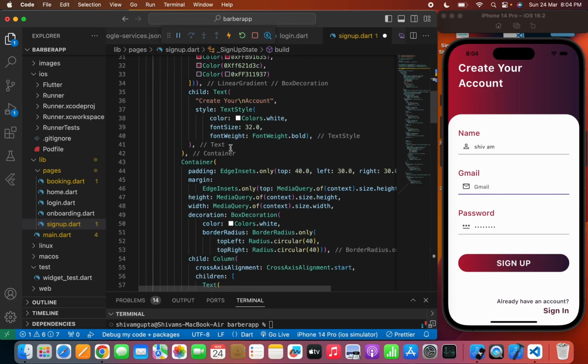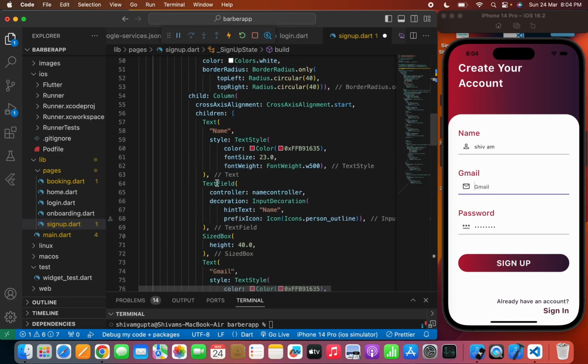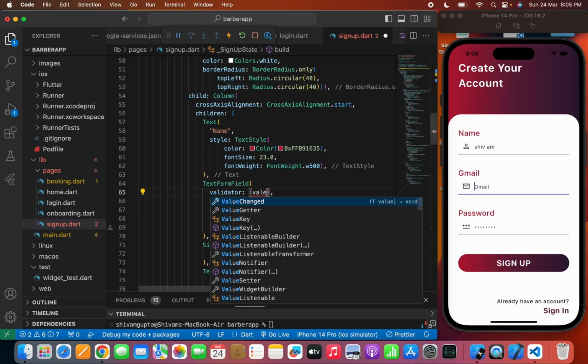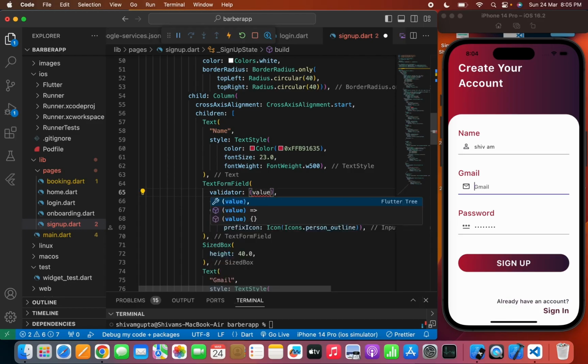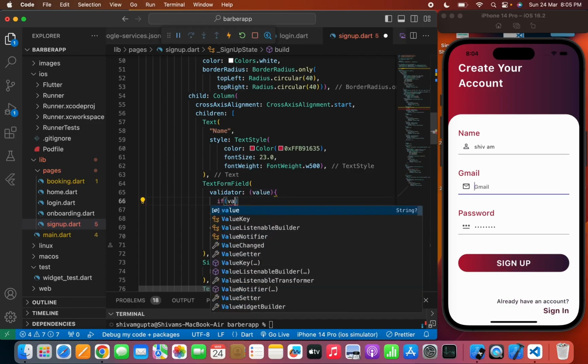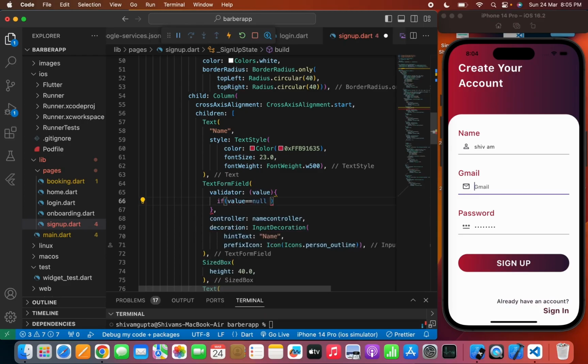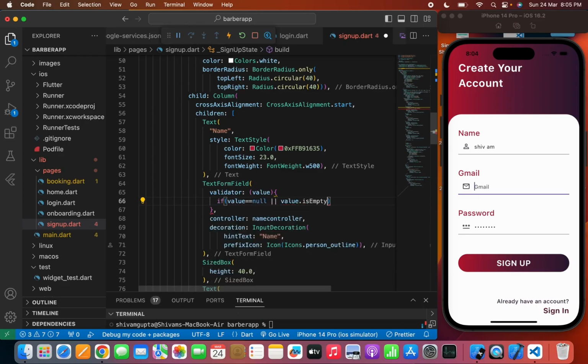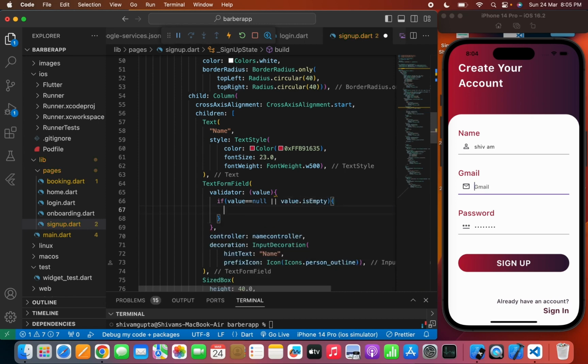Now to check the form, we need a text form field here, because we can't check the form in the text field. Now I will write validator and will check the value. So if the value is null or empty, like if the user has forgotten to enter the email or the name, we can show the message